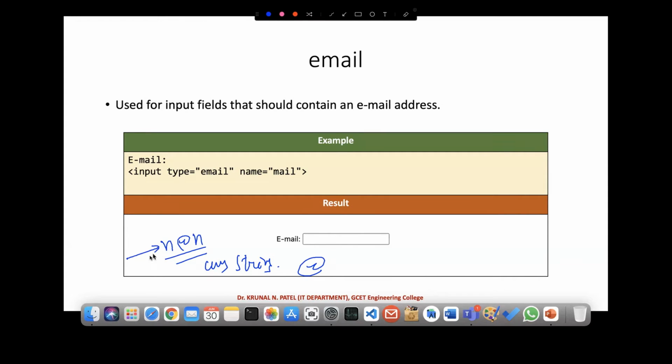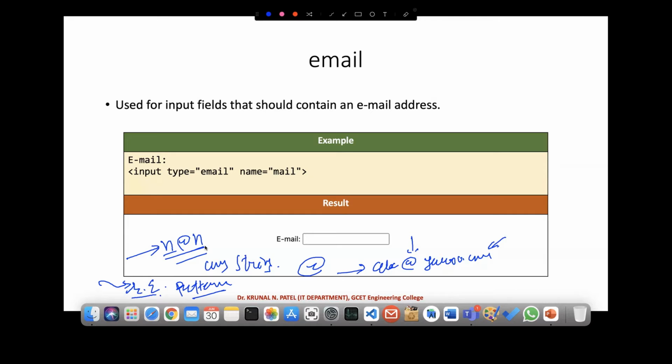Here it is also known as a regular expression or a pattern. You can call it either, but it's a regular expression or a pattern. Now whenever we are entering an email, like abc@yahoo.com, the @ must be there, and any string will be on both sides, right? So this is the default pattern.